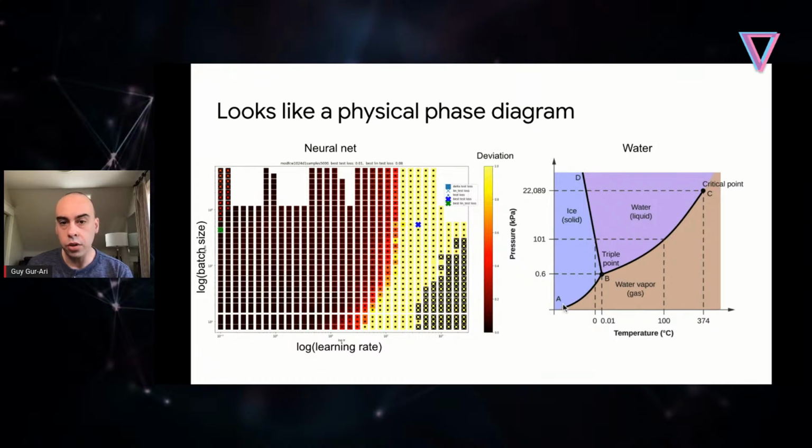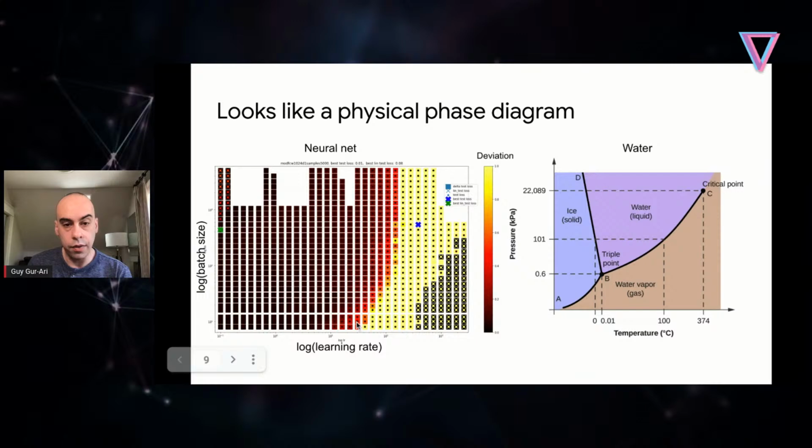We can change the temperature, we can change the pressure, and there are large regions where the qualitative behavior is the same. So it's either a gas, or a solid if it's ice, or liquid. But then there are these critical lines or critical points where there is an abrupt change in behavior, even though we change the parameters by very little. Of course, this happens when we boil water. As we cross a critical temperature, the water goes from liquid to gas and so on.